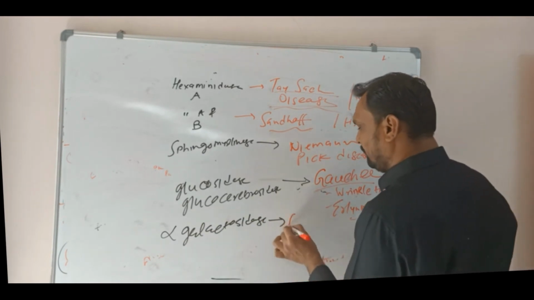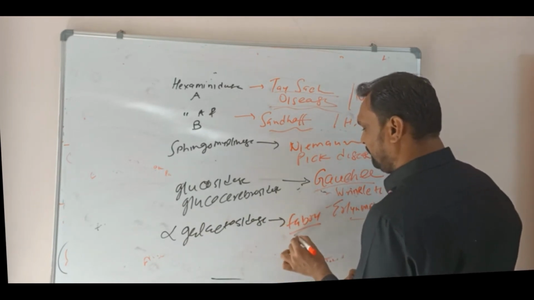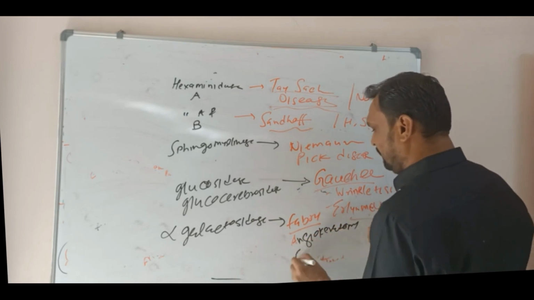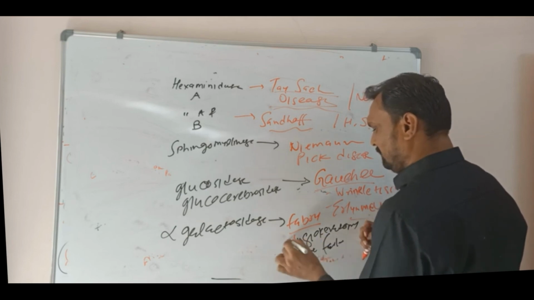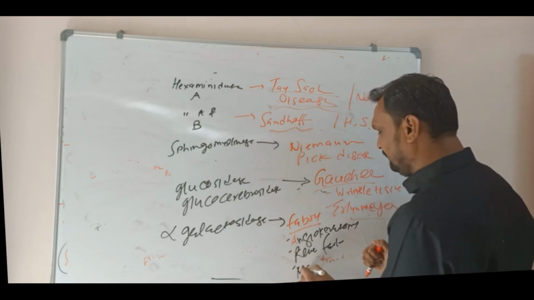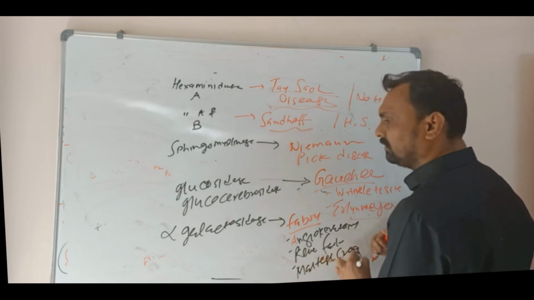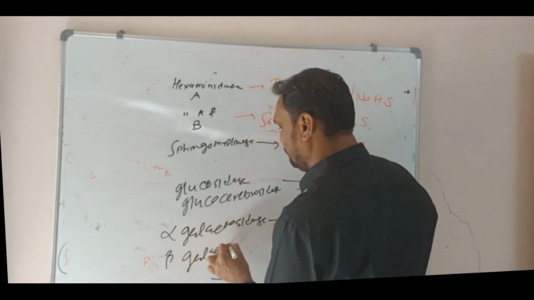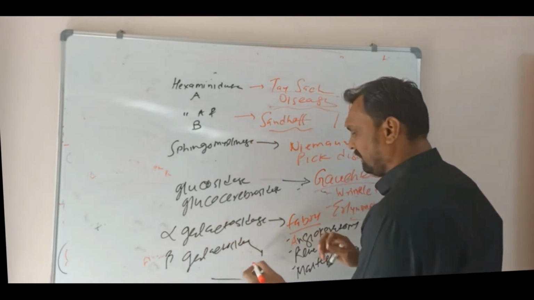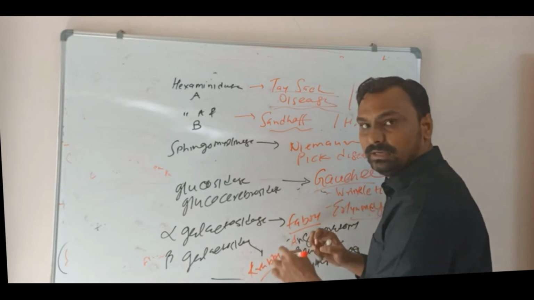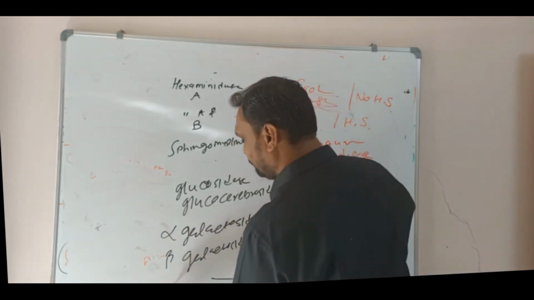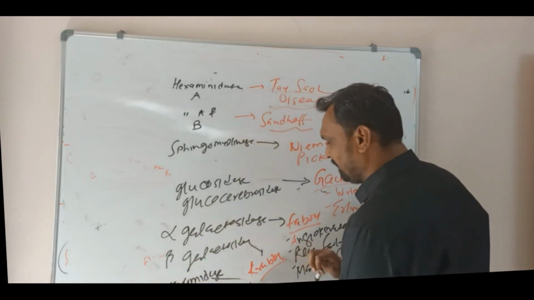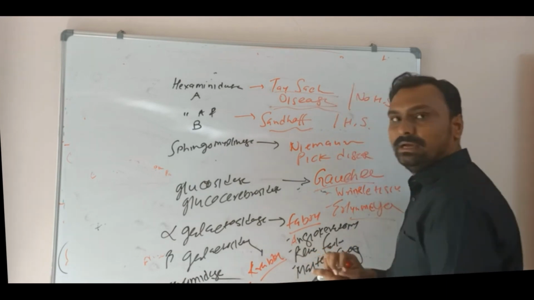Okay. Then if alpha galactosidase enzyme is deficient, it will lead to Fabry disease. Okay. There will be angiokeratoma, renal failure. Okay, Fabry's crisis will be seen, and Maltese cross appearance of urinary crystals. And if beta galactosidase enzyme is deficient, it will lead to Krabbe disease. Okay, and if ceramidase enzyme is deficient, it will lead to Farber disease, which has features just like rheumatoid arthritis.